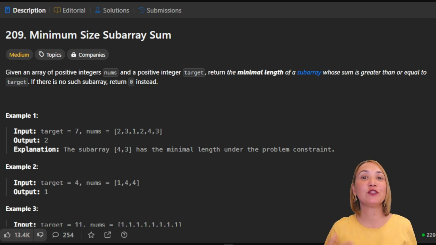This is one of those LeetCode questions where the brute force approach will definitely time out. But once you switch to a sliding window, the same problem becomes a clean solution.